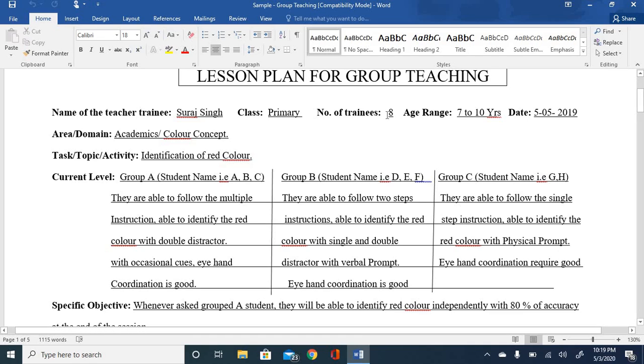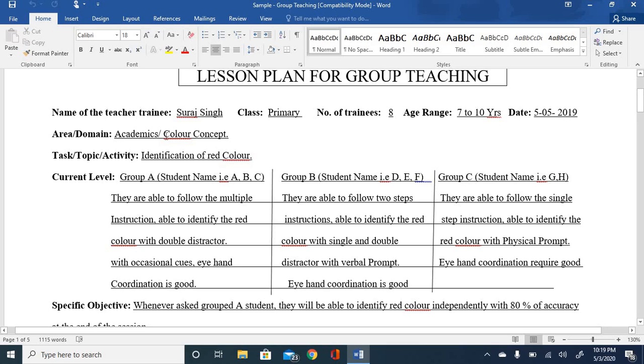So most of the time you will see 8, not more than 8, or less, 7 or 5 in some classes. And then the age range you have to teach, as per the class. You can see the age range in the FACP, which you have already done. And the date you have to mention when you are going to teach. Then the